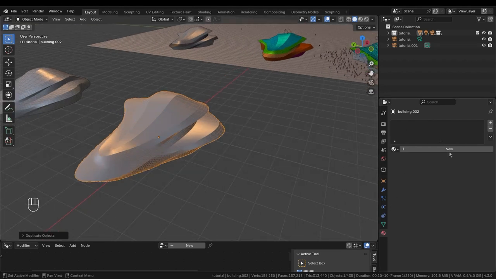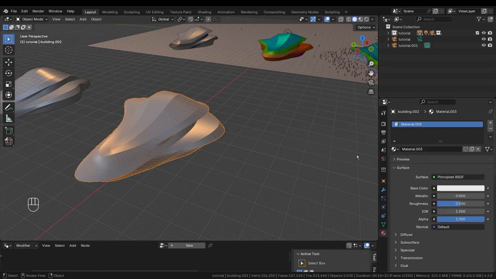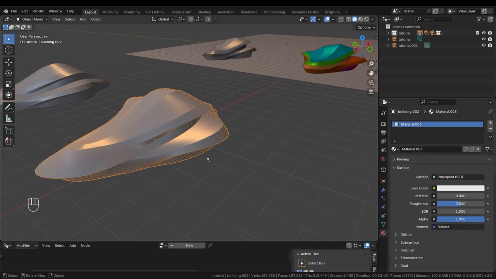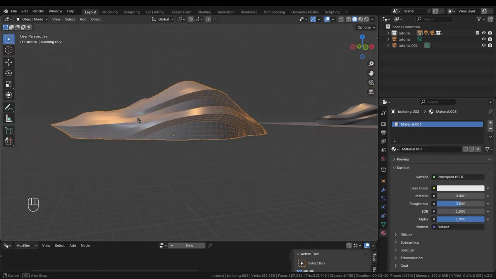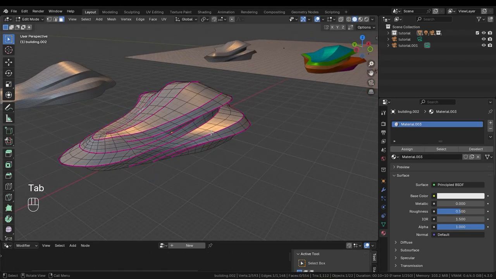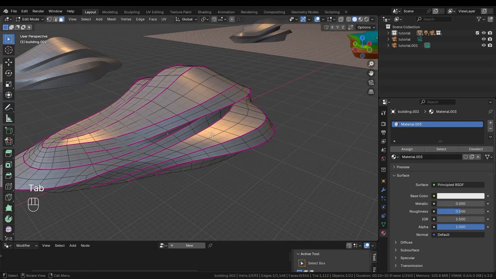In the material slot we have nothing, so we would add a default material, which should be this one, any material. Then we will be dividing this structure based on the material. So we'll tab to edit mode and try a couple of ways to quickly select various faces